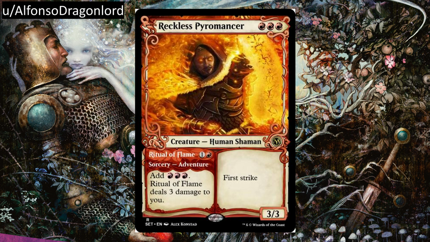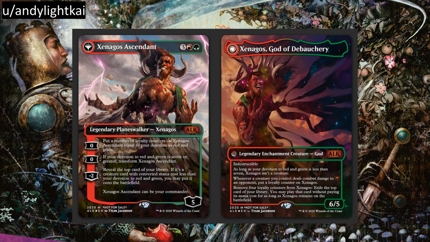Generally, I prefer adventure cards where the actual adventure part somehow interacts with the main part, like Questing Beast, but overall, this is pretty good. Okay, and then for our last one, we have